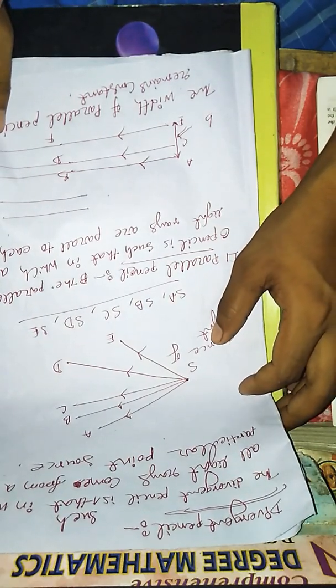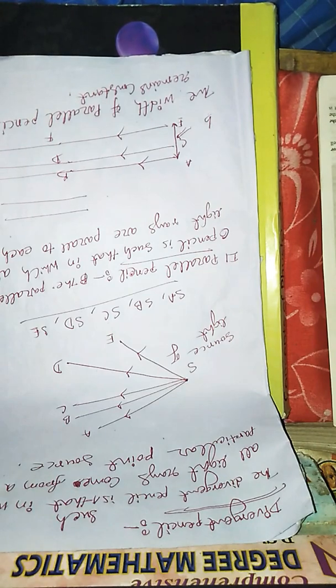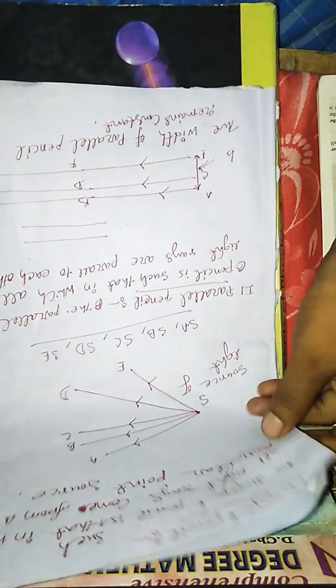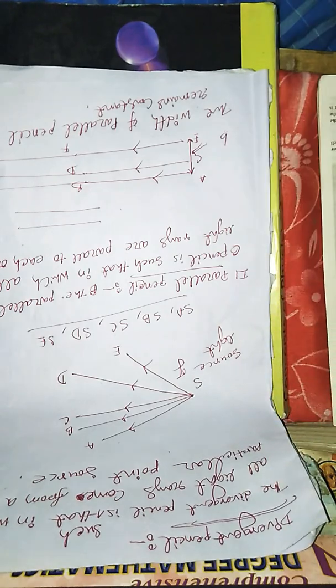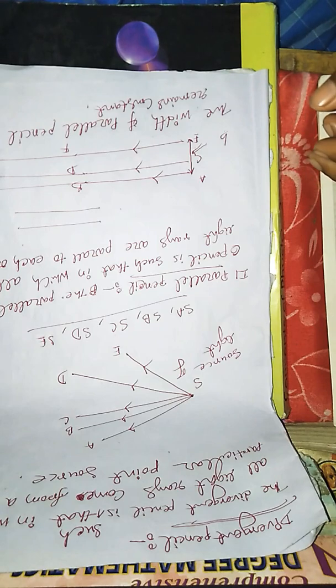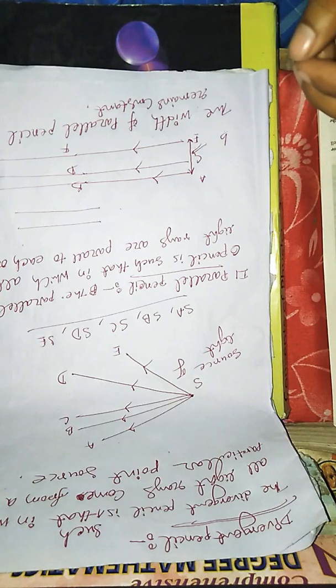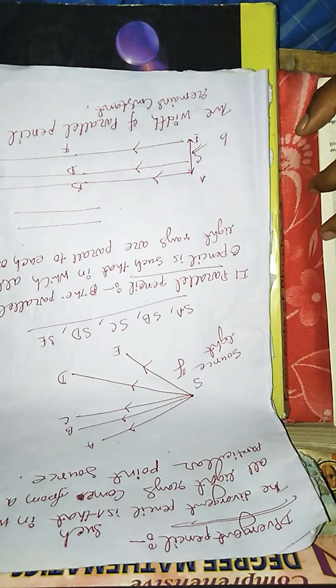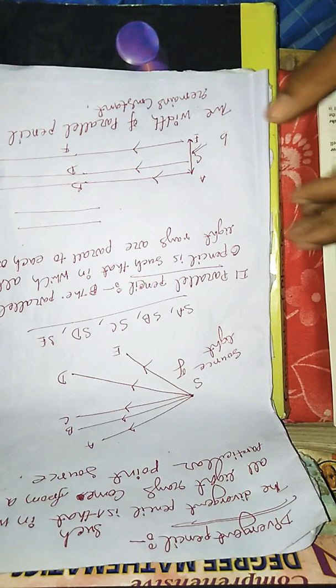Next, our main topic is the reflection of light. As you know, we have discussed that our main topic in this chapter is the reflection of light on a spherical mirror. We studied reflection of light in the previous class, in class 8 or 6, but for better understanding of reflection on a spherical mirror, we have to recall normal reflection, that means reflection on a plane mirror.